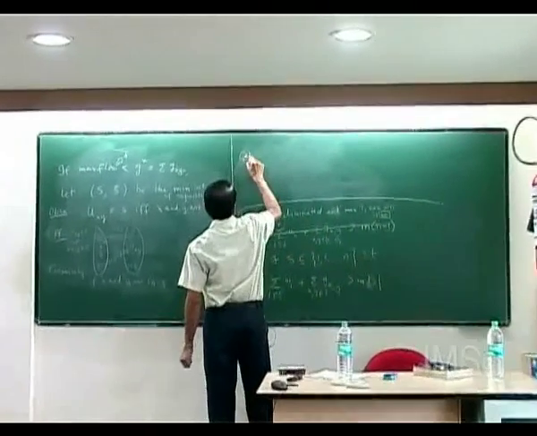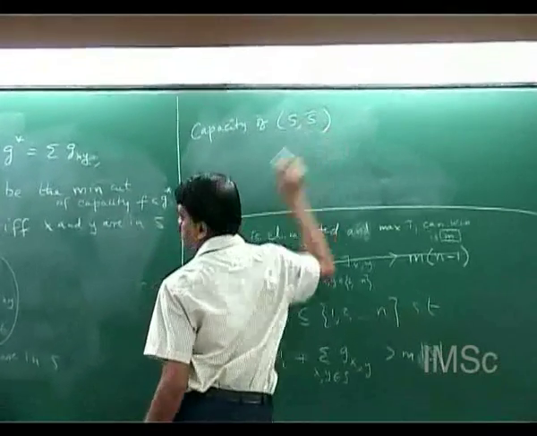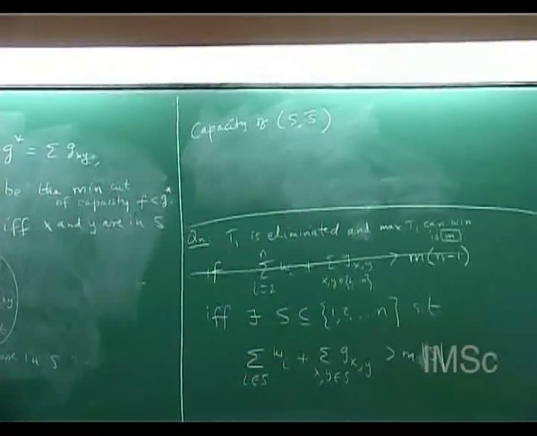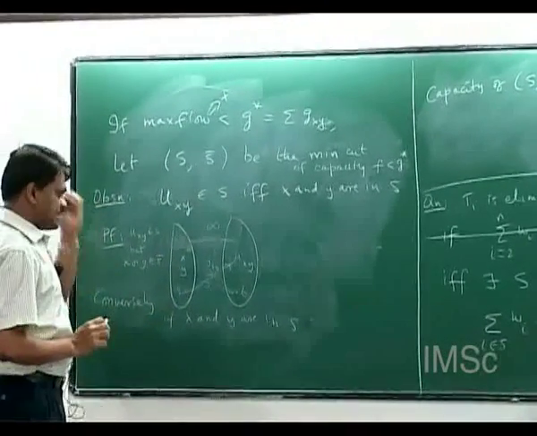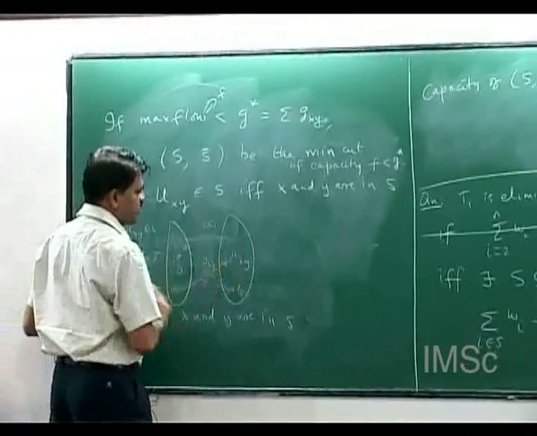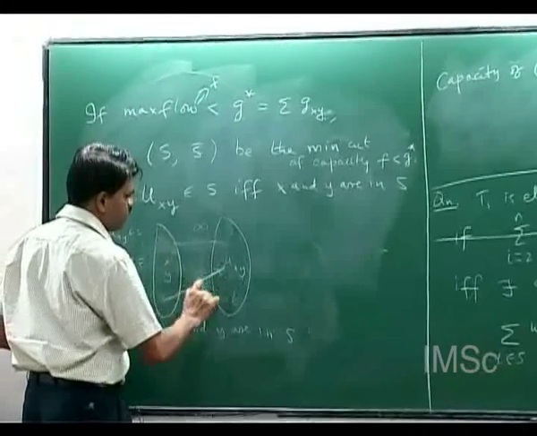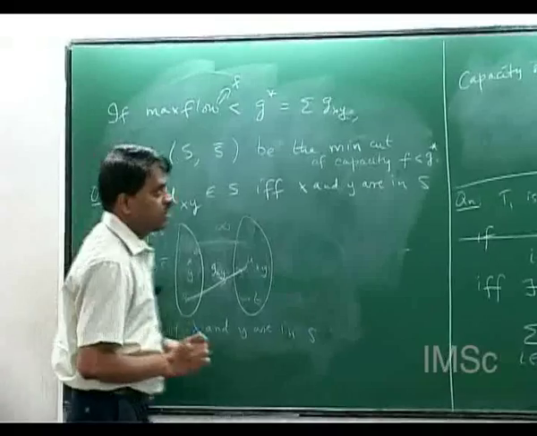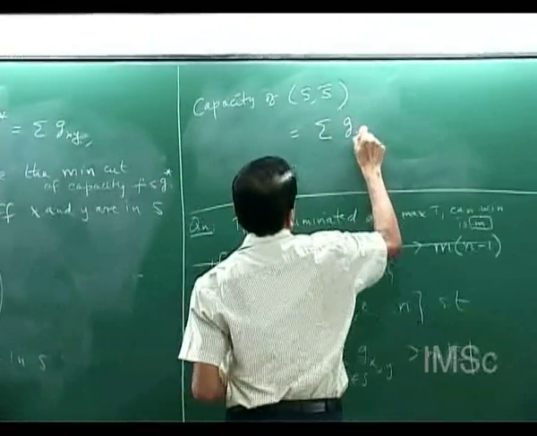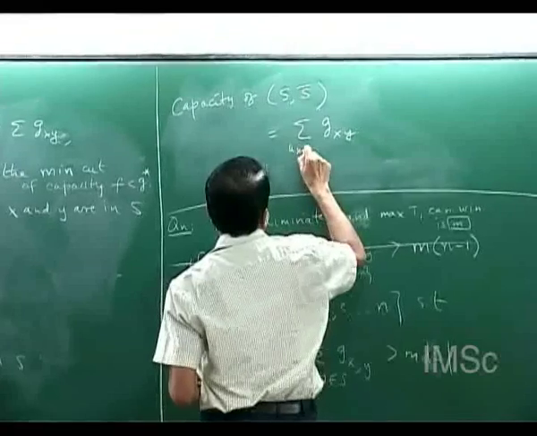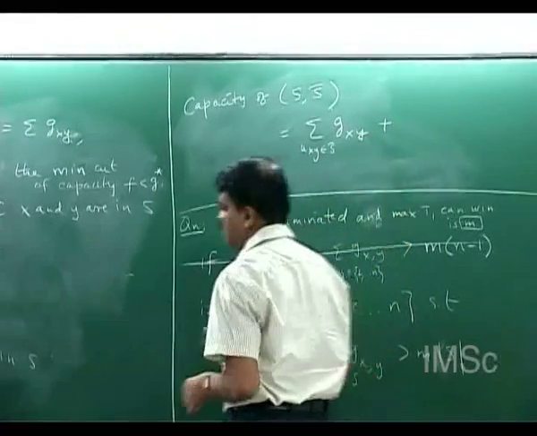So, capacity of S bar. Now how is S bar? There are some uxy's. If you have a uxy here, then there is a contribution of gxy. So this is equal to summation gxy whenever uxy is in S bar, plus